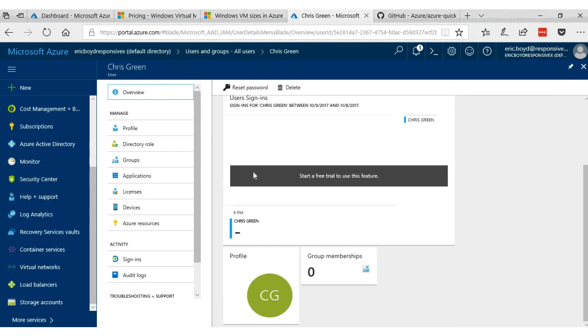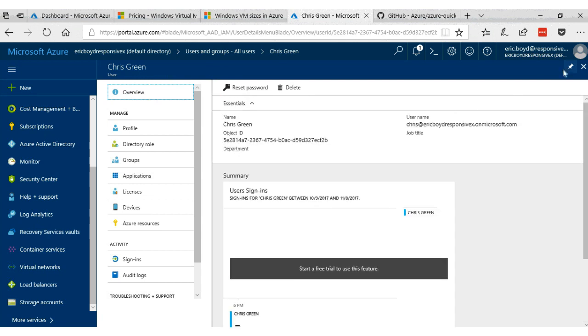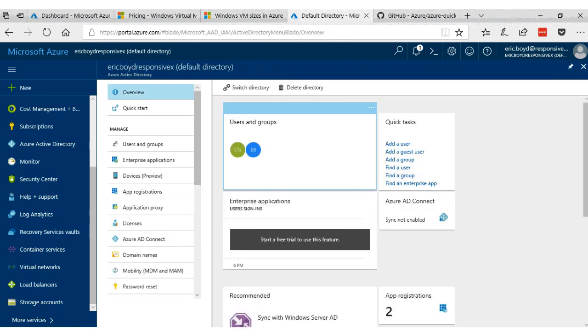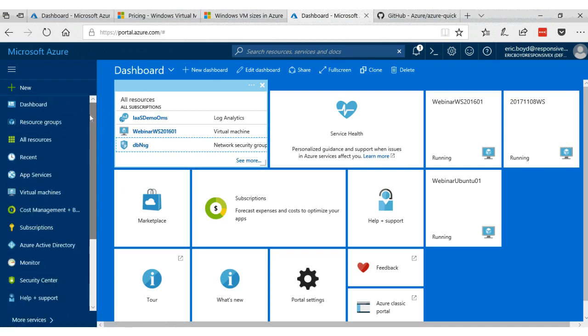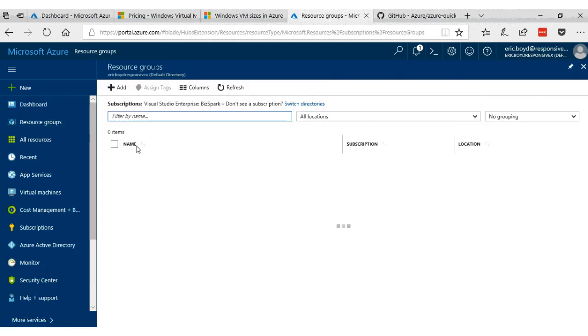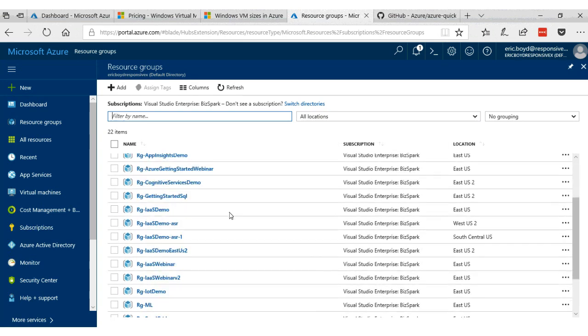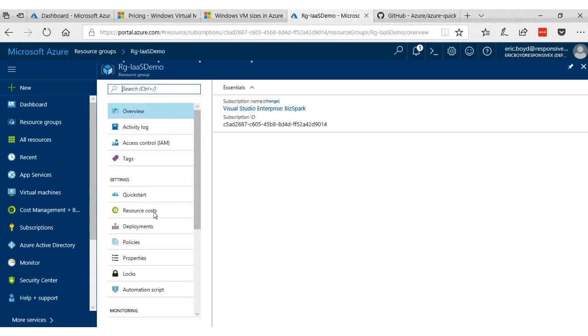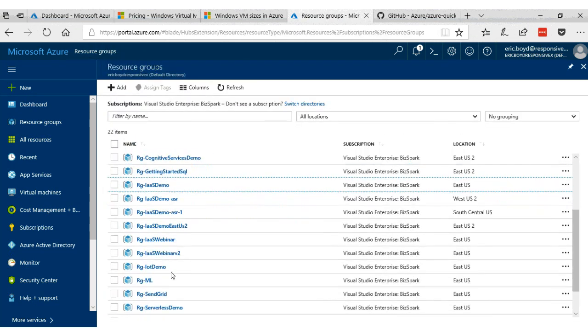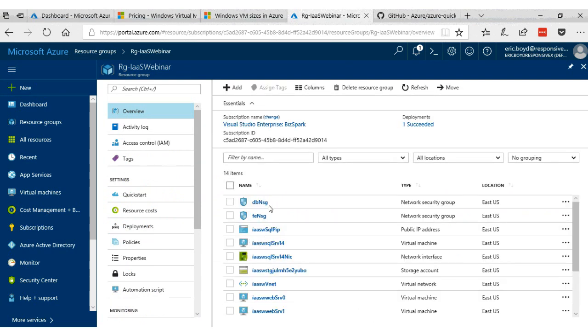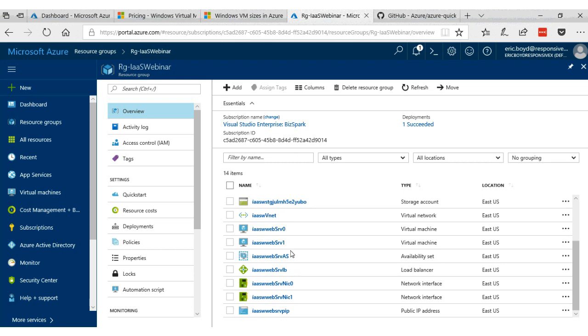If I go back over to that resource group, I mentioned earlier that resource groups provide the ability to group resources together for deployment, but also for management and security. So I'm going to go back into this AzureWebinar resource group. And you'll notice this is the one that has the web servers and the SQL server here. But over here on the left-hand side is an option for access control. If I click into access control,